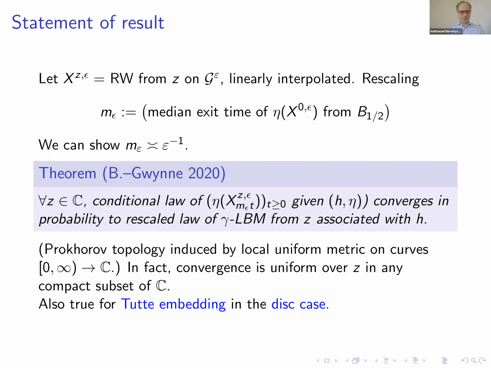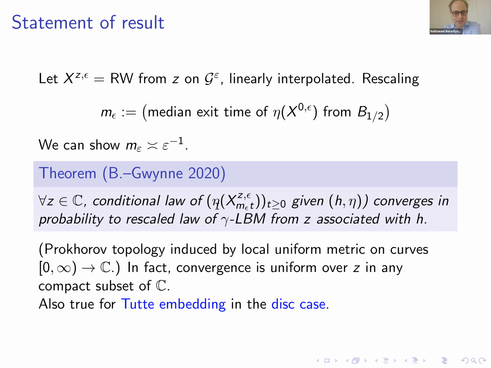We can show that M epsilon will be of order 1 over epsilon up to a constant. So the theorem that I wanted to advertise is in a paper that you can find on the arXiv. It was put on the arXiv last week. The theorem says that for every z in the complex plane, the conditional law of the embedded walk, embedded using this SLE embedding, where eta is the SLE curve,